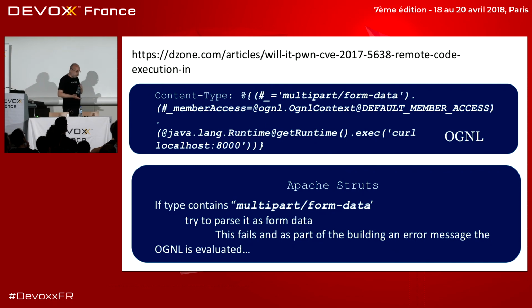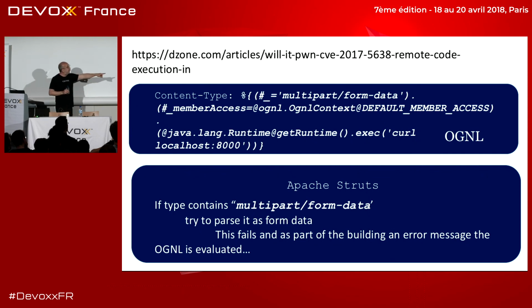But it's also text as well as images. So let me explain this one. The top box, you can see it says content type and then a bunch of stuff. And at the bottom it says Apache Struts. So that might give you a clue if you're paying attention. Apache Struts, the app server, says if I get a web request in and the content type field contains multipart form data, then if it says it's of this format, I will parse it.